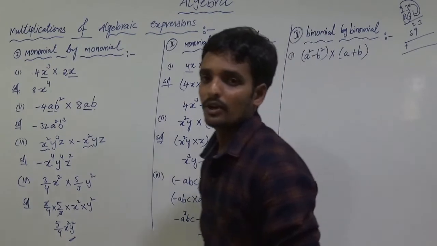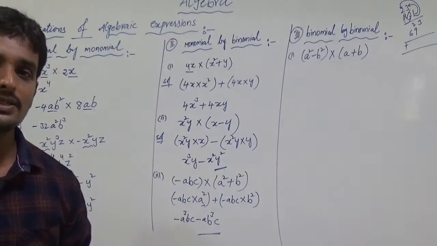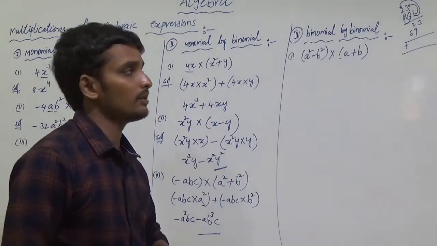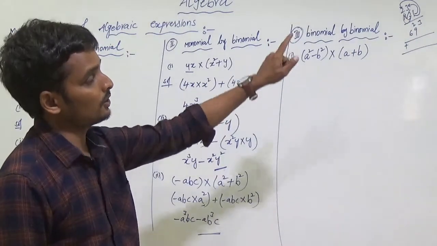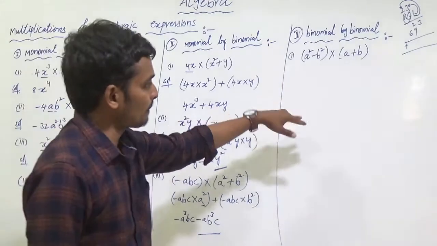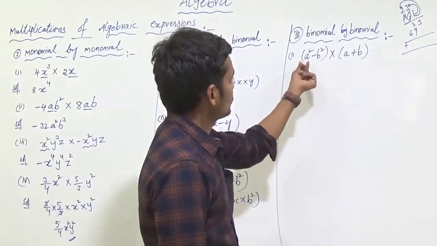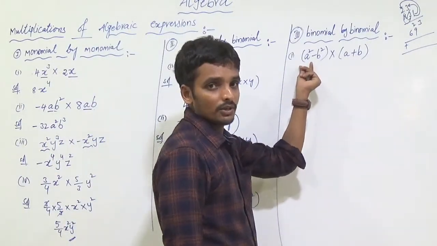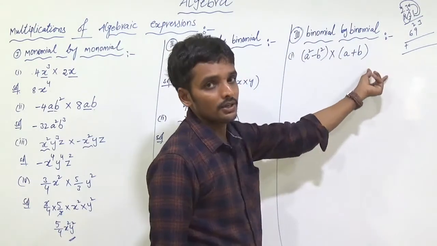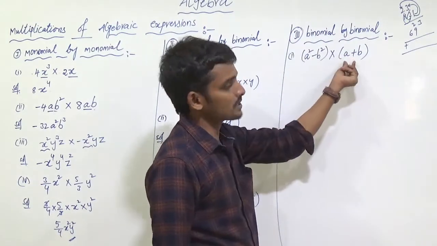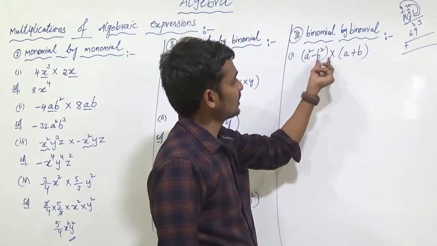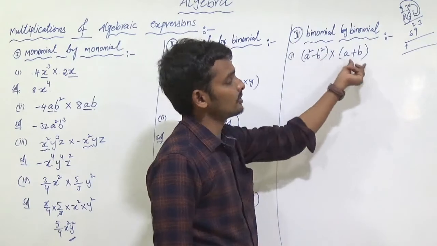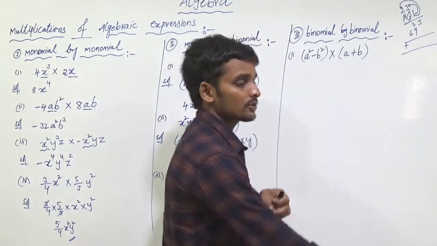When we are multiplying two-term, two-digit numbers, we do first term into first term, first into second, second into first, and second into second. You apply the same method here. This is the first term and second term in the first binomial, and first and second in the second. So we write first into first and first into second, and in the same way second into first and second into second. Be careful, students. Look at the board.